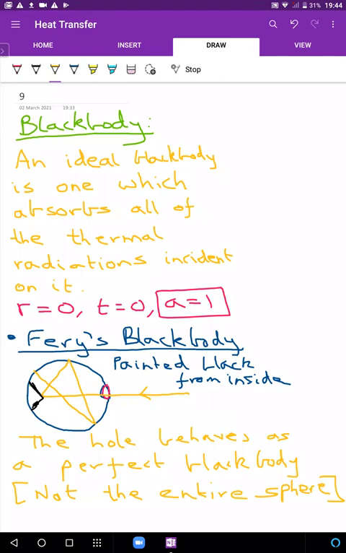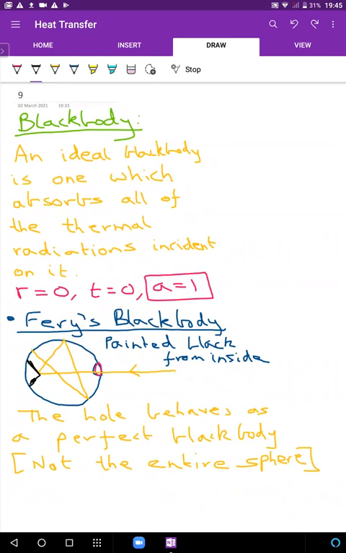Let me just see the light rays. Last time, light rays were entering through the hole, but the chance of the ray coming back out of the hole is almost negligible. So light is entering, radiations are falling on the hole, and the chance of the radiations being transmitted over to the other side is obviously zero, it is opaque. But the chance of it being reflected back is almost zero, is negligible. So this is a theoretical black body that you should be aware of.